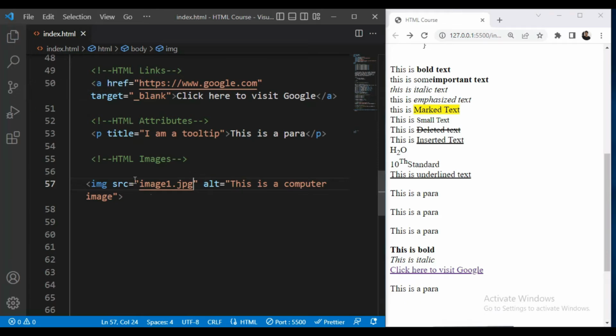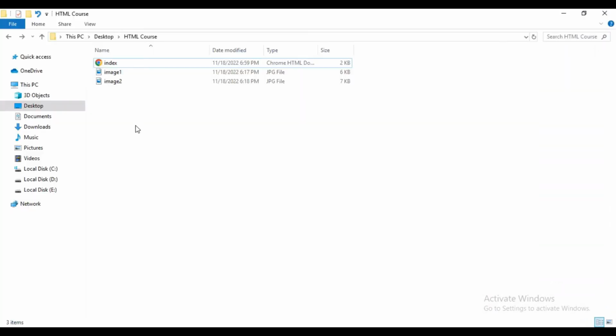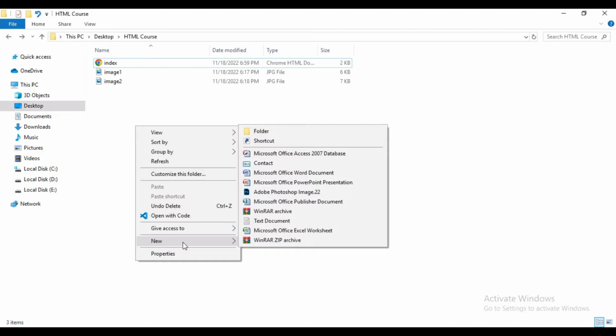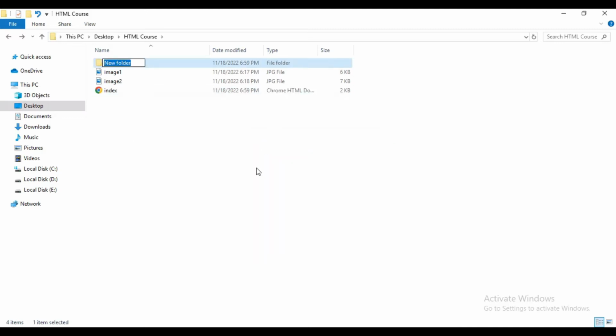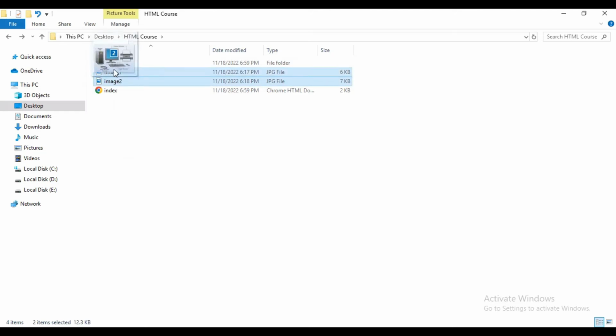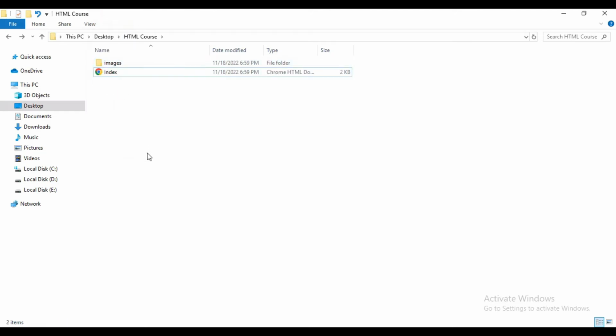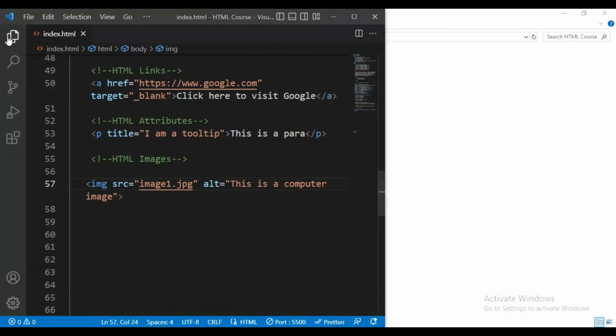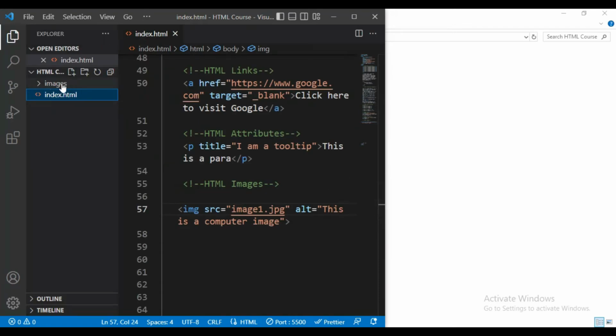Then I'll add a new folder to our project. We'll name it as images and I'll move these images to the images folder. Now you can see we have a folder with the name of images and our images are placed inside it.